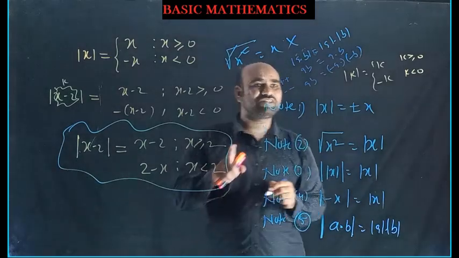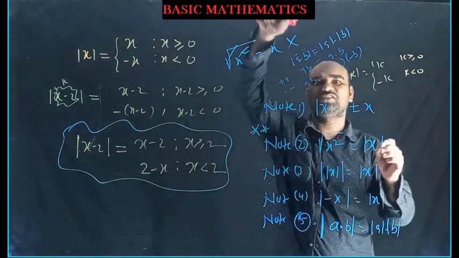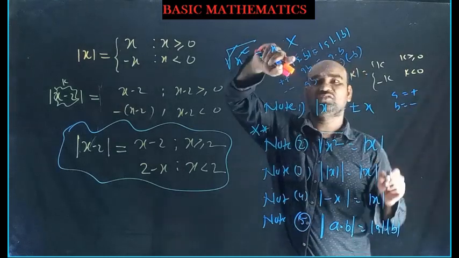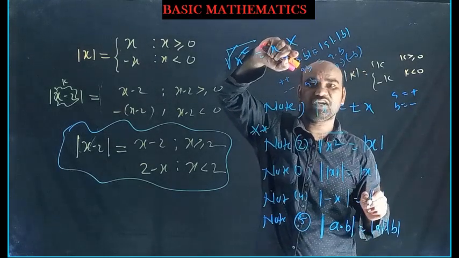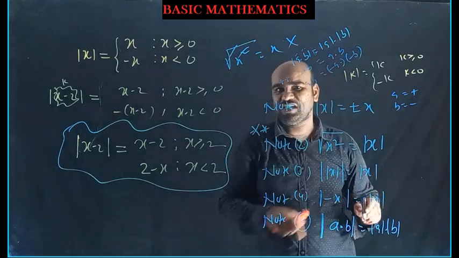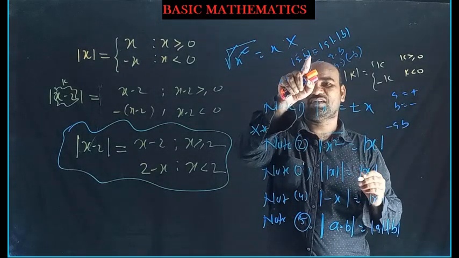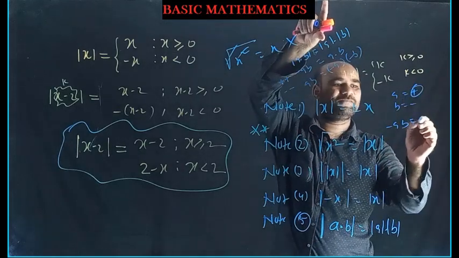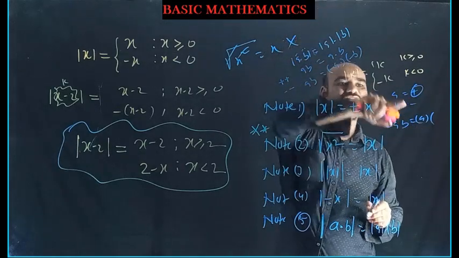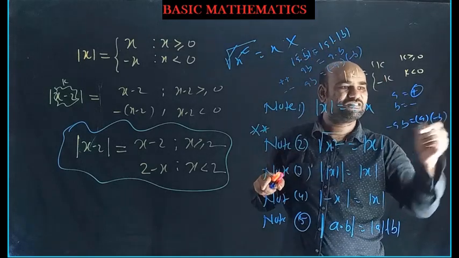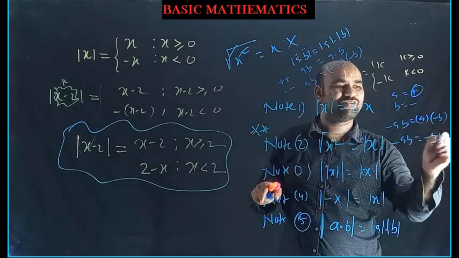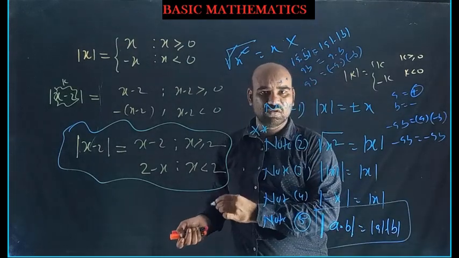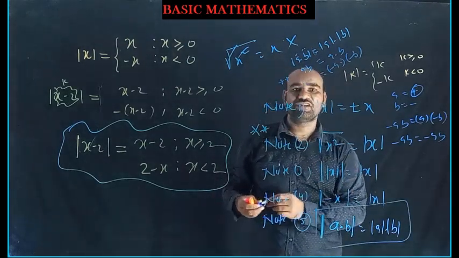Okay. So take one positive and one negative. Take A positive and B negative. So the product is negative. Product negative means mod of k is minus k if k is less than 0. So the LHS is minus of AB. A positive, mod A is A. B negative, mod of B is minus B. Minus AB equal to minus AB only. So in all the conditions, this result is true: mod of A into B equal to mod A into mod B.